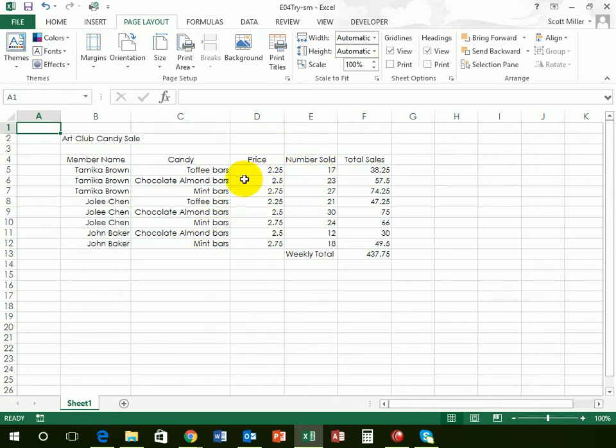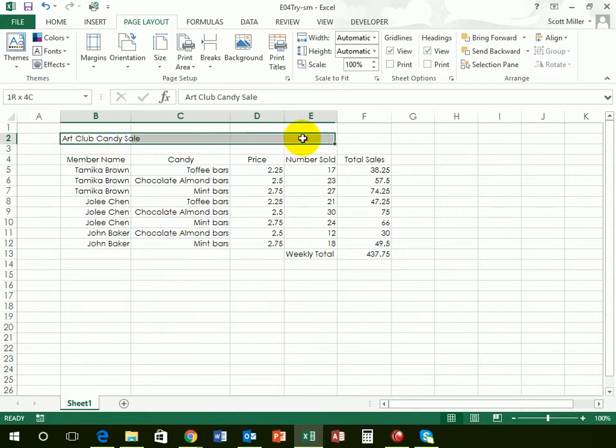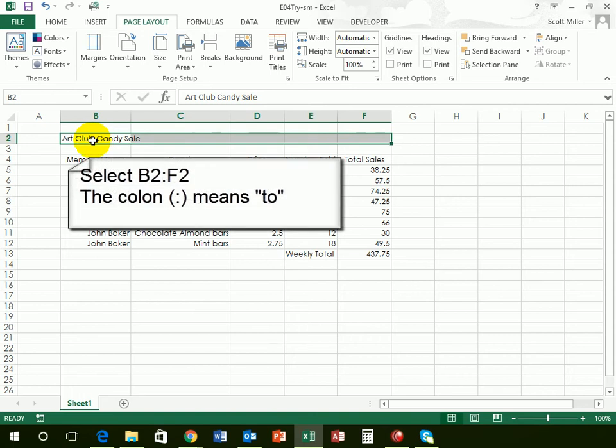I now look through the rest of the data here, and I'm looking in column D, E, and F, and all the data is perfectly visible, so I don't need to resize any of those columns. Next, we're going to add some formatting to our document. Specifically, I want to select from cell B2 to cell F2. I'm pointing my mouse at the middle of cell B2 and dragging over to F2 to select this group of